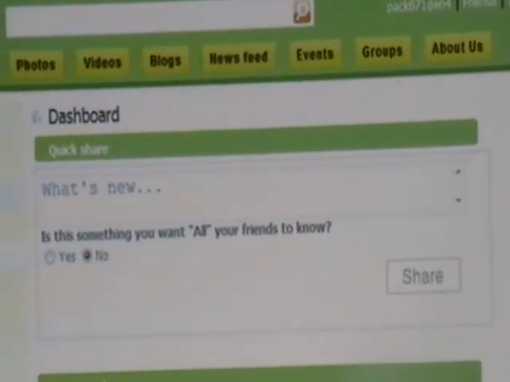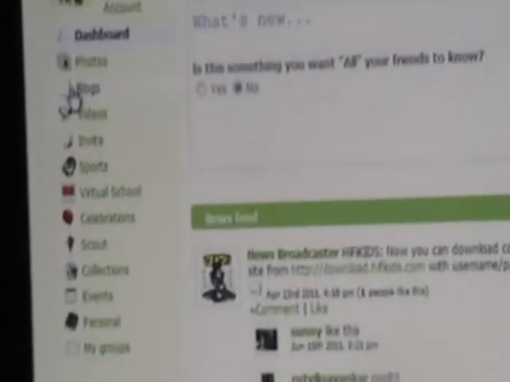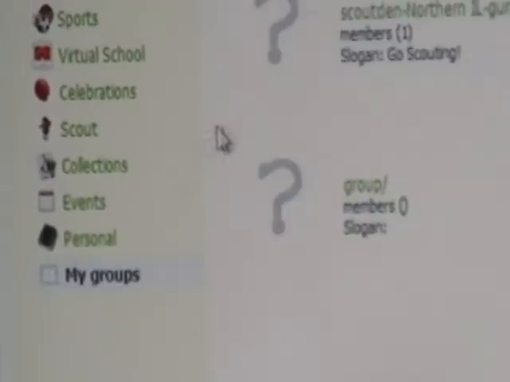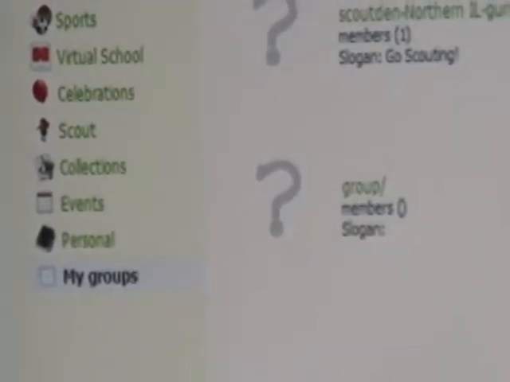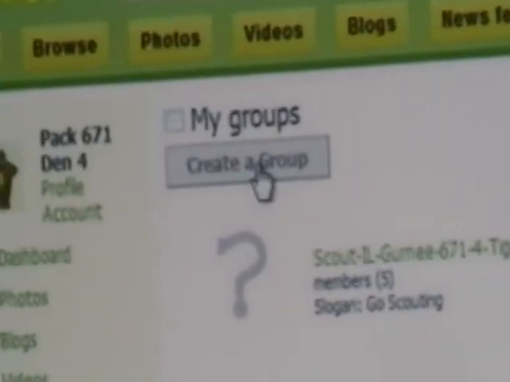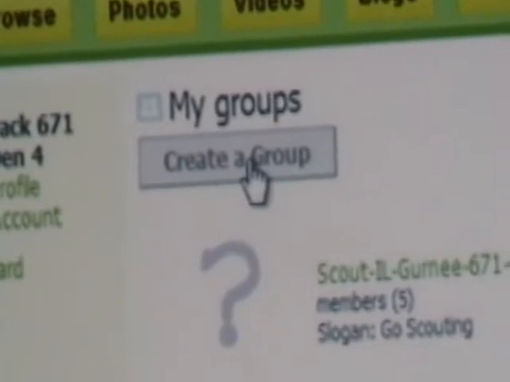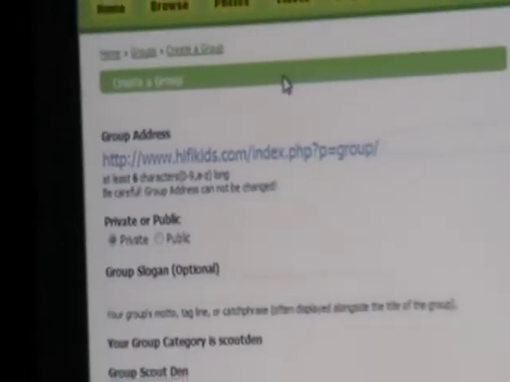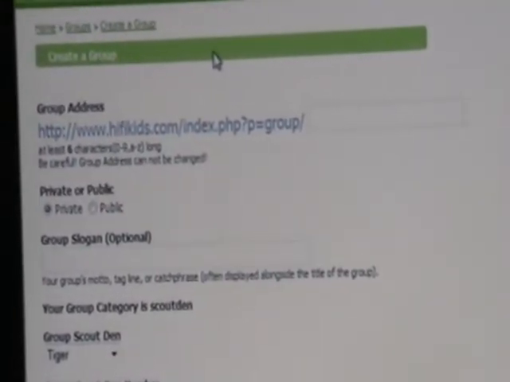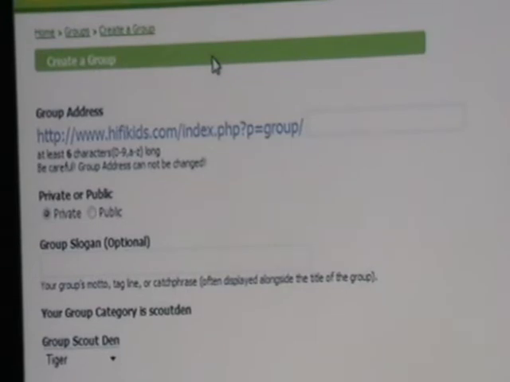So go to the group section, or maybe my groups. Click here, and you see create group. Click on create group. You will see a form where you enter all the information needed to create a Scout group.